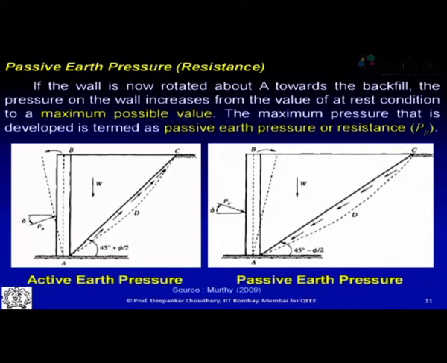And what will happen in that case? When the wall moves towards the backfill, the pressure on the wall keeps on increasing because it is pushing towards the soil. So from the rest condition it reaches higher and higher values till it reaches the verge of failure or plastic condition. That is the maximum possible value, and that maximum possible value is called passive earth pressure or passive earth resistance. So now let us understand this entire